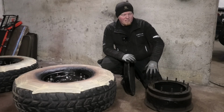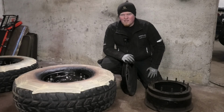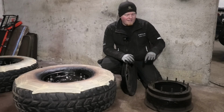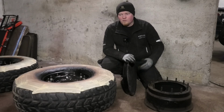Now these are the typical 12 bolt wheels. The very early ones only had 8, and I guess they pretty quickly figured out that wasn't really enough. But on the later, heavier variants, they actually have 24 bolts on each wheel. So that is a lot of bolts you're going to have to undo and redo just to get the tires